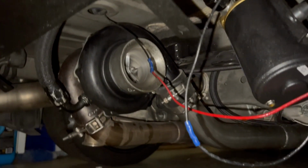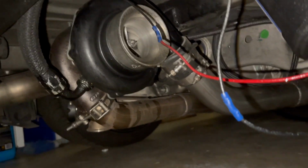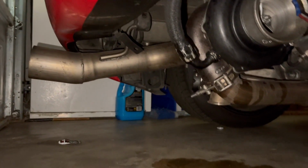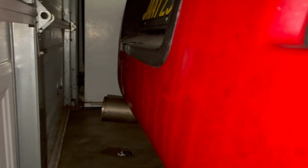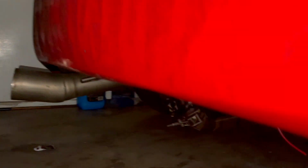So for the turbo, guys, it is a Precision 6266 ball bearing turbo. Very good turbo. We have a little straight pipe right there, little infamous VQ straight pipe. So, for example, just say, oh, don't mind my car by the way, it's super dirty. So let's say you cruise down the street and you see that straight pipe. You probably think, oh, it's another VQ fuckboy. And then boom,